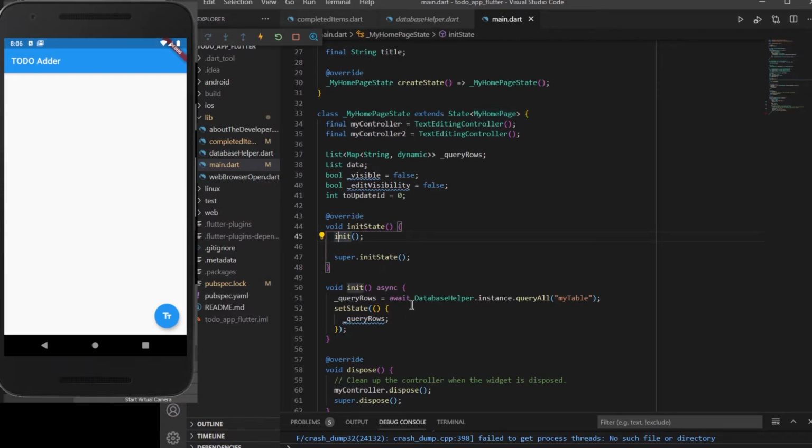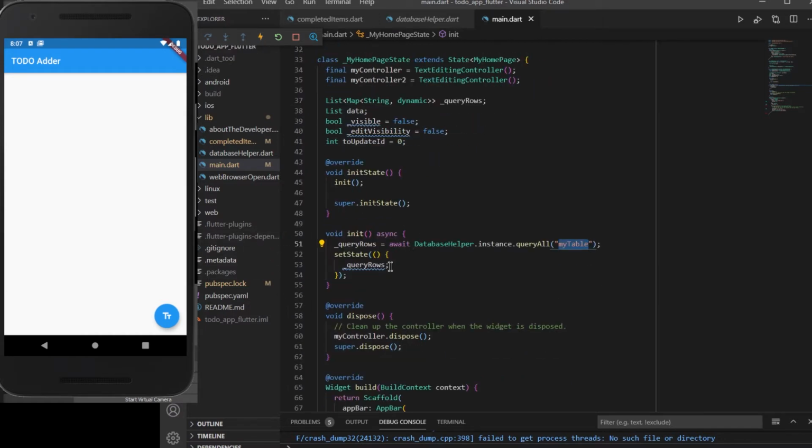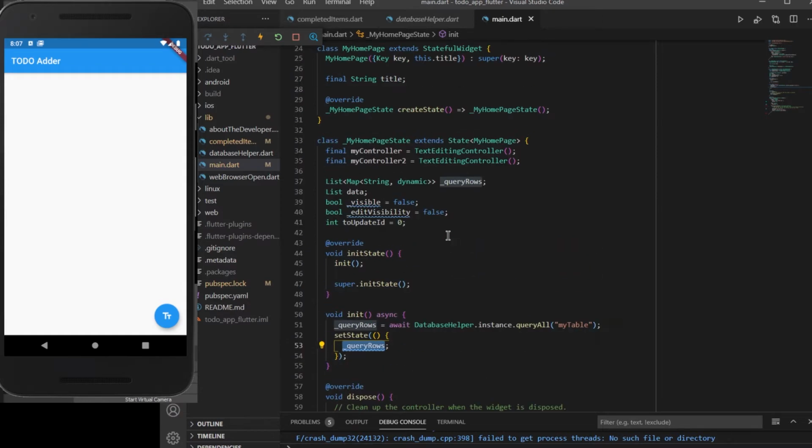And through this init function we will be querying all the data fields which are available inside the particular table. So if the database is not created, it will be creating the database, and then it will be querying all the things which are available inside the first table, which is the table name stands for my table. And then we'll be setting the state of this query rows so that the query rows are updated